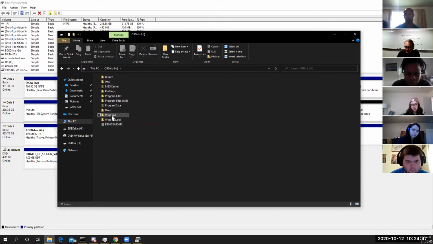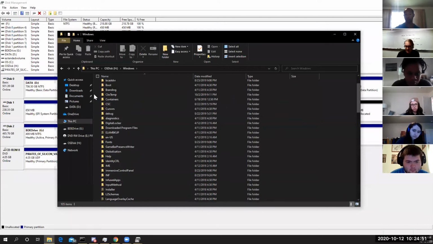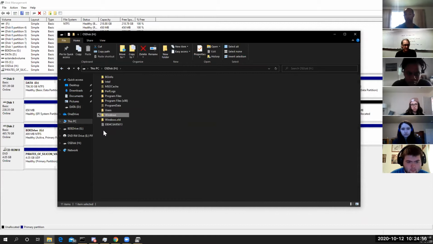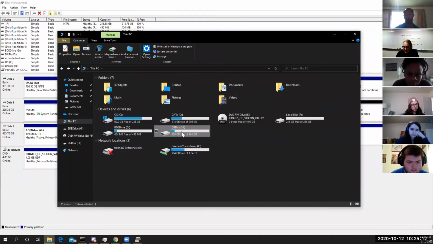But it does have kind of a funny layout, so you've got Windows. So here's everything that's installed. This would also be a good way to wipe this drive. So I could run either a disk wiping program, or I could just simply format this drive. But if you're looking for users' data, most of that would be under Users. So if you can read the disk, that means that this drive has been